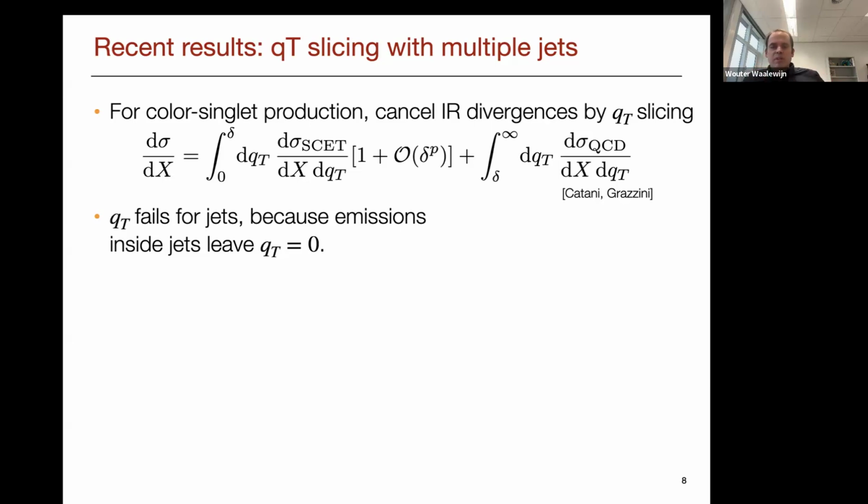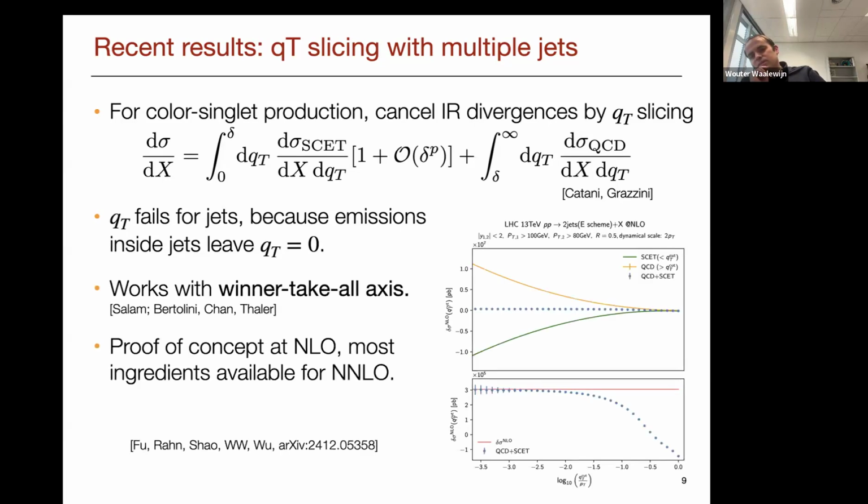because you can have situations where you have a jet and you have emissions inside a jet, but you still have QT is 0. And so here I use an idea that we also developed with Ignacio of applying this winner-take-all axis. And interestingly, we can then use QT again as a slicing parameter. And so a proof of concept you can see here in this figure, where basically,